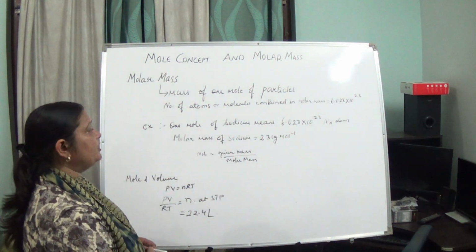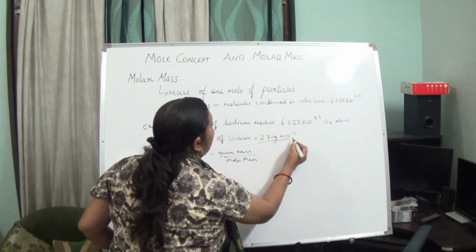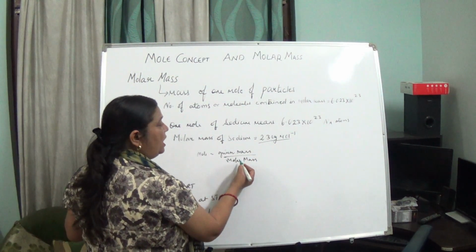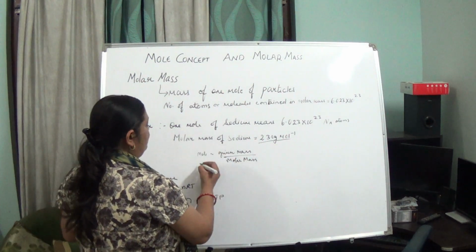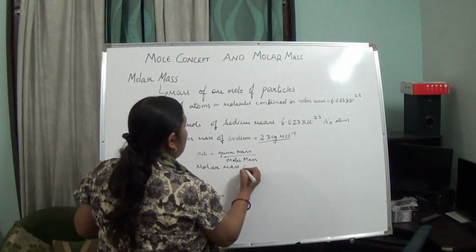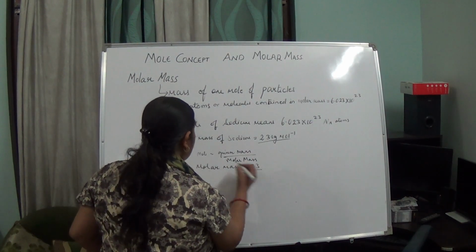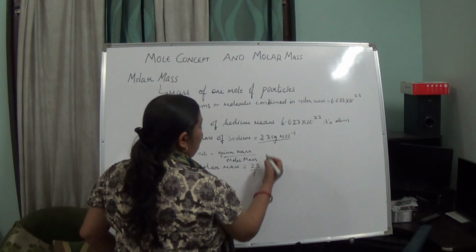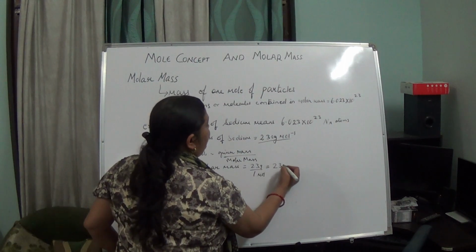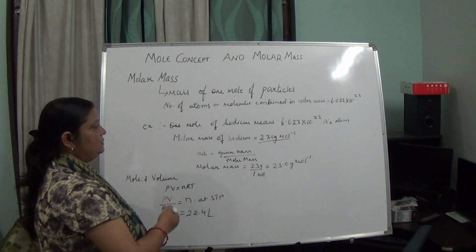So the molar mass of sodium, how will we write it? It comes to 23 gram per mole. How has it come? Actually, how do we take out mole? Mole is equal to given mass upon the molar mass. So here molar mass is equal to given mass, which is 23. Number of moles is 1. So it is coming to 23.0 gram per mole. See, one thing you have to remember over here regarding molar mass,